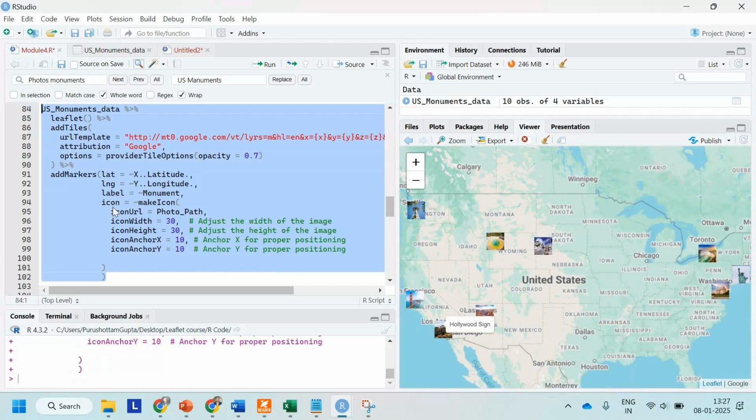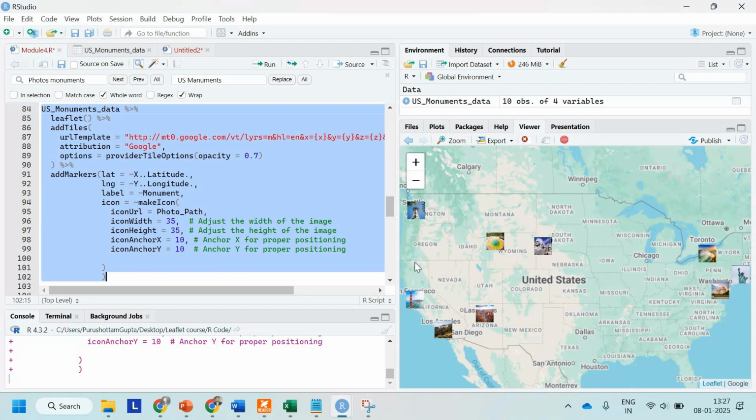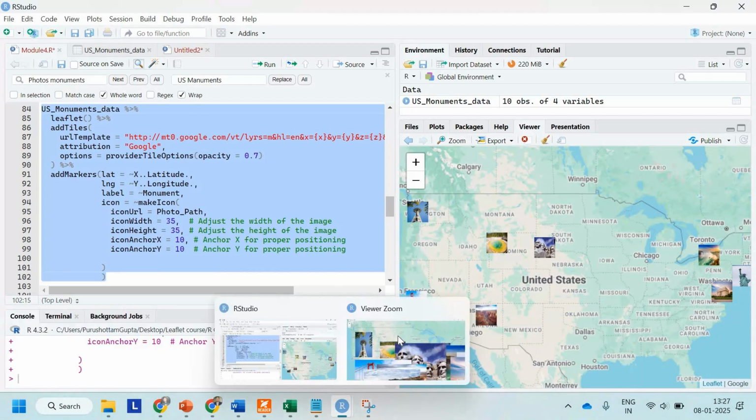Yeah, so I think we can increase the size a bit. Let me do it 5 and again let me run this code. I think it's better now. So if I zoom it,